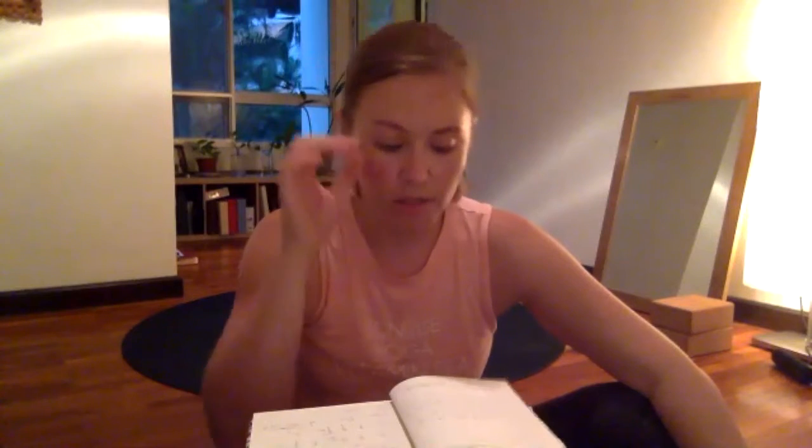And we'll work also today with our root chakra, which is our first chakra at the base of our spine. And this is also connected with the earth element and gives us stability. So we'll work on grounding with the earth, showing gratitude for the earth and strengthening this chakra. So all of that little preachy bit out of the way,